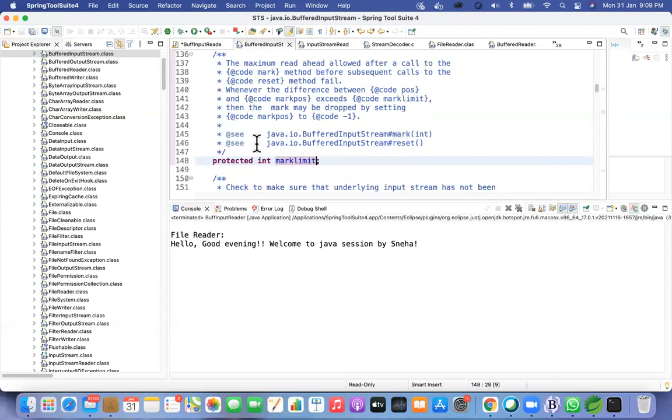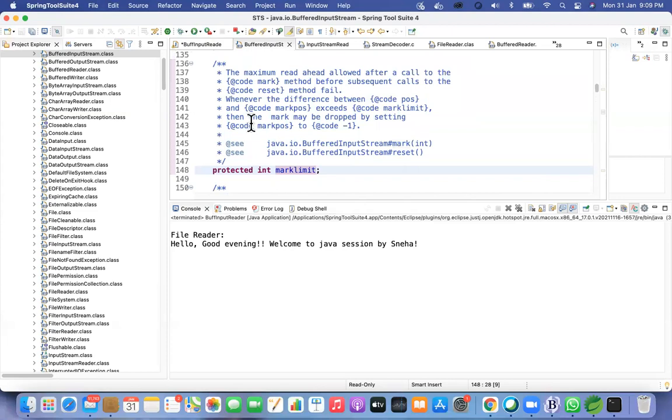Yeah. So this is a protected variable that you use in all your child classes. It is the maximum you can read, the limit where you can restrict your read operation. It's just like if you have a running day, you say this is your final limit where you can end things, right? The same way, to end your entire read context, like how you don't want to cross your end of file limit, you can go with the mark limit. That is the only purpose of this, but it's not majorly used in development.